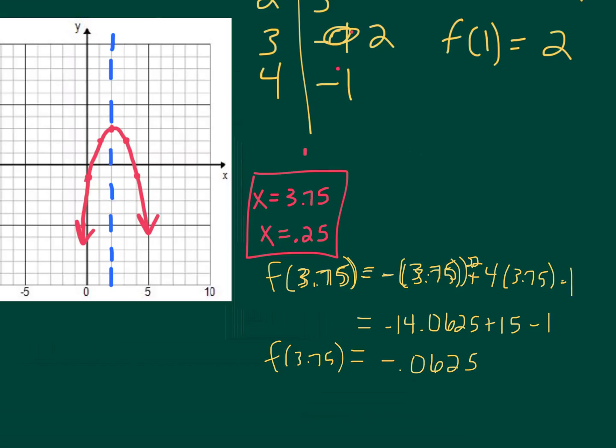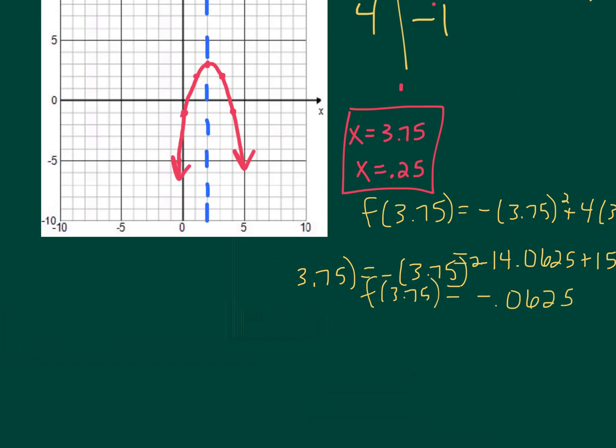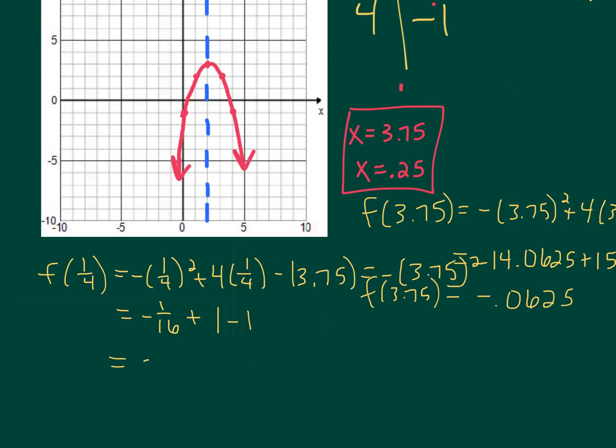It needs to be a little smaller, actually, so that wouldn't be quite as big a negative here. Now we can test the other one. If we do f of, I'm going to put it as 1/4, that's easier. So 0.25. Negative of 1/4 squared plus 4 times 1/4 minus 1. 1/4 squared is 1/16, but it's negative, plus 1. 4 times 1/4 is 1, minus 1. And the 1 minus 1 is 0, so it's negative 1/16,